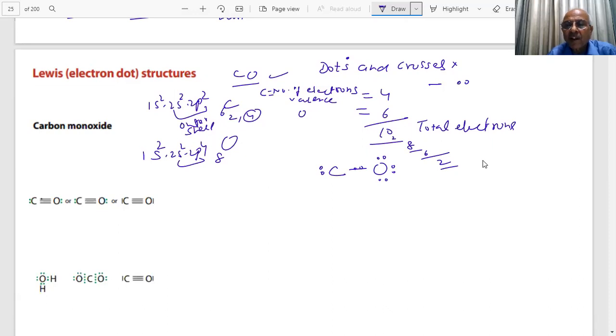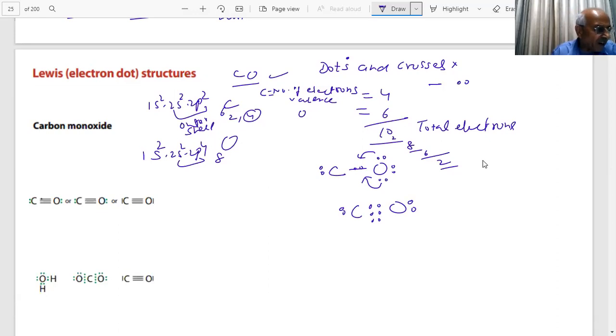In such cases, these lone pairs of electrons can be shared. We have to share these electrons. How to get 8 electrons? So oxygen has full, carbon has only 2 and 2, 4. What will I do then? I will put another pair of electrons to be shared. Then it becomes 2, 4 and 6. Still not there. Then I bring another pair of electrons. What is the story here now? 1, 2, 3, 4. And oxygen has how many? Carbon has how many?